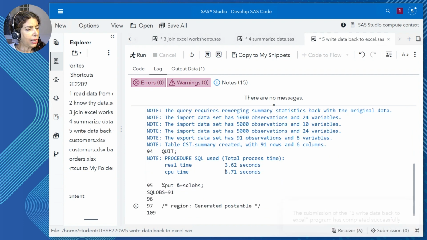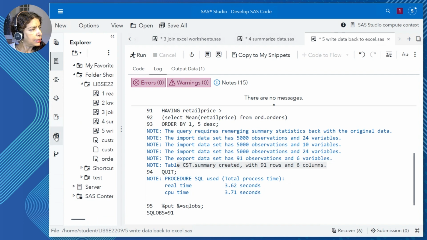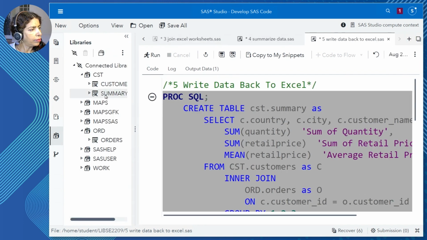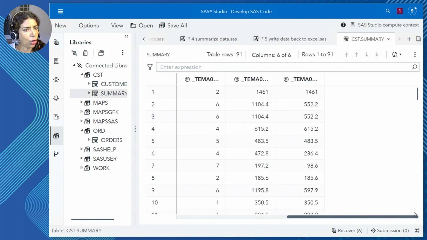I am going to see that SQL has built a table called cst.summary. And I'm going to go and see what this cst.summary table looks like. There it is. I'll double click to open it up. And I'm going to see the standard country, city, customer name columns.